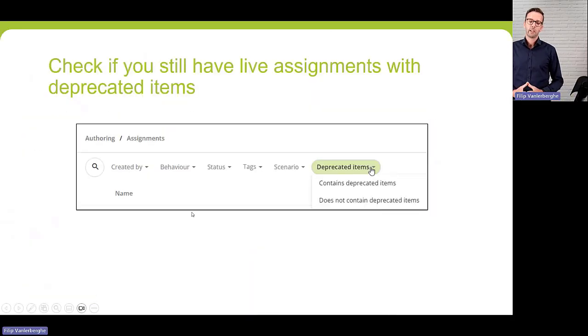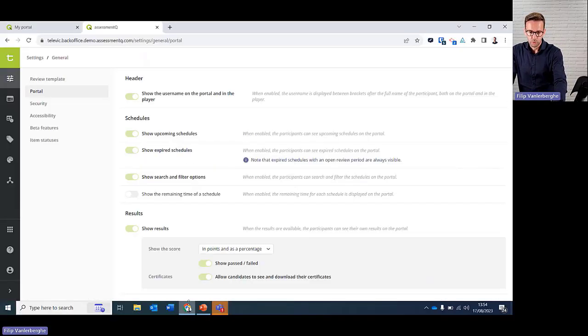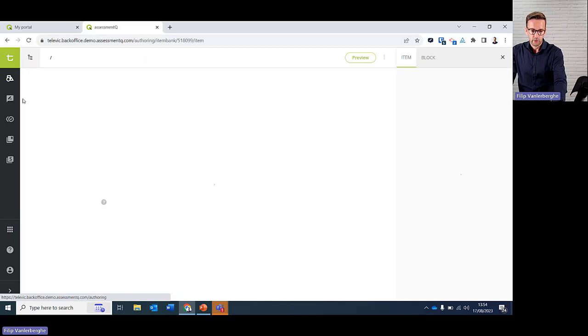And then finally, after the release of assessmentQ 2.13, it's very useful to double check if you still have live assignments with deprecated items, so that contain these end-of-life items. You can do that by using the filter, deprecated items, in the list of assignments. If you don't see this filter anymore, then you don't have any deprecated items anymore in your channel, in your environment. So if I go to the authoring module and then